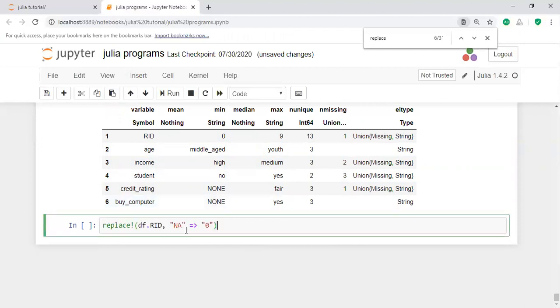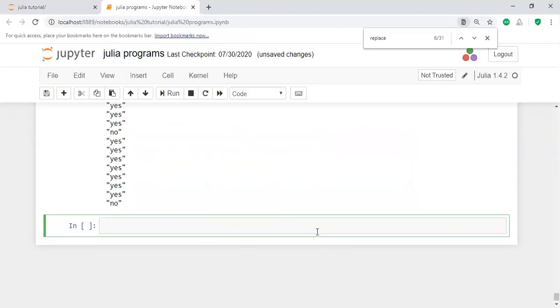There is a NONE in capital letters, and that also is replaced with yes. If you describe this one,